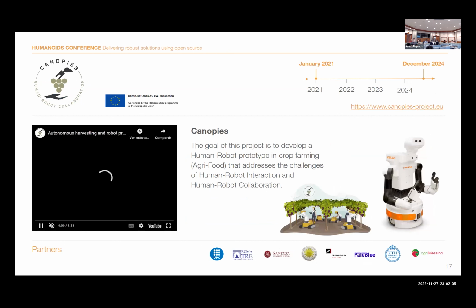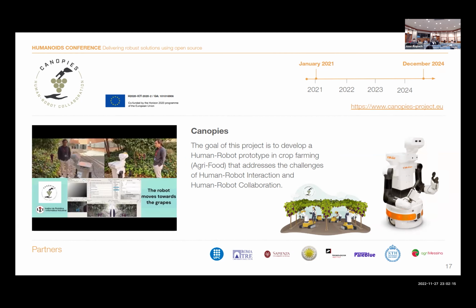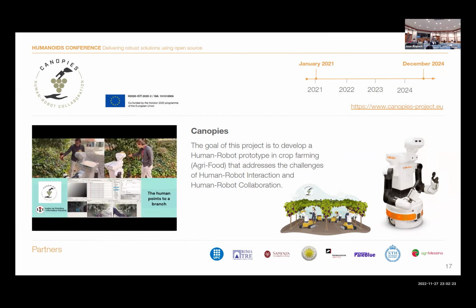Canopies was already explained, and it is about the arm. The idea is to have harvesting robots. In agriculture, it's now a big trend because we don't have enough manpower to fulfill all the big challenges that agriculture has nowadays. And so they need torque-controlled robots that can do this. And finally,